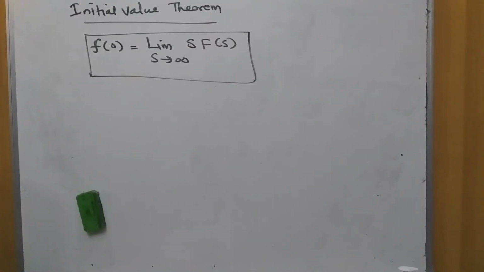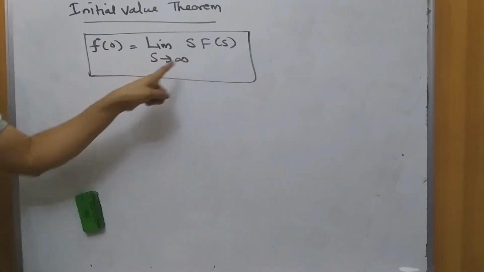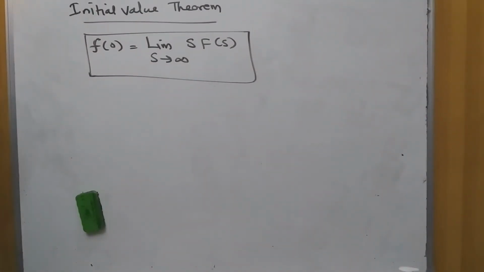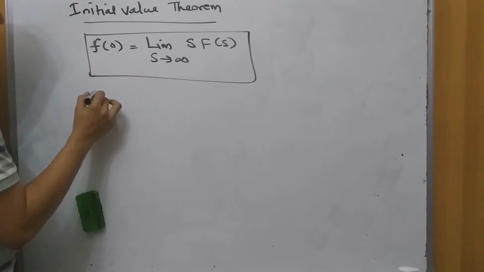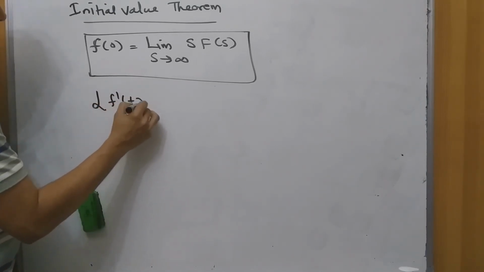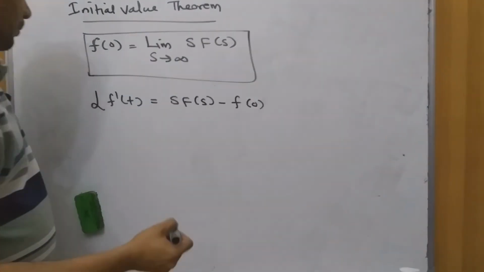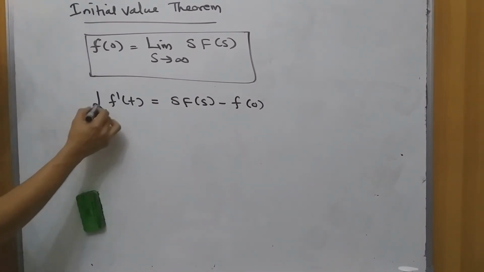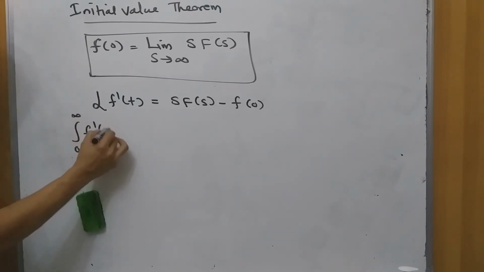Another important theorem is called the initial value theorem. According to the initial value theorem, the initial value of a function is given by the limit of s into F of s as s tends to infinity. This particular proof is derived from the Laplace transform of the derivative of a function. Already we said that the Laplace transform of f dash of t is equal to s into F of s minus f of 0. If you expand this, as per the Laplace transform definition, we have 0 to infinity f dash of t into